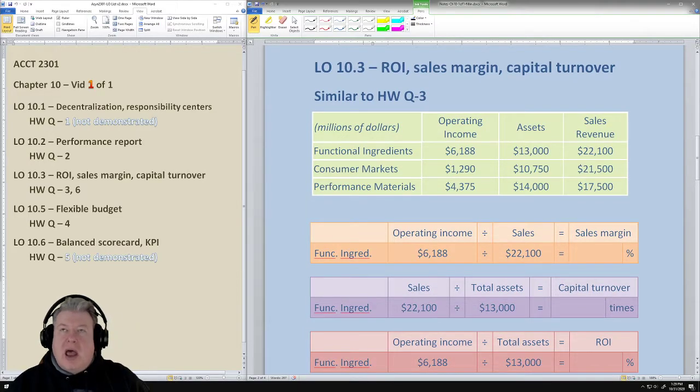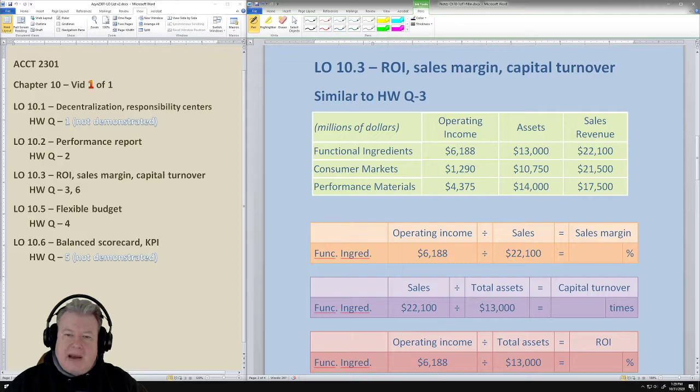Now, part of tracking how you're doing is a number of different measurements. In addition to the variance, that's just telling us the broad, did we make the budget or did we not make the budget? Were we over, under? There's a couple of others, and if you're a finance major, you'll get into a whole lot of these. And in accounting, we look at some of them, the basic ones. But as you can imagine, we not only want to know were we over, under, but we want to know either some ratio or what it means to us. And so 10.3 is looking at that. What do they mean to us, and can we track them versus other companies, and can we contrast and compare?